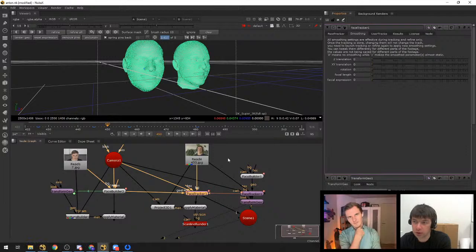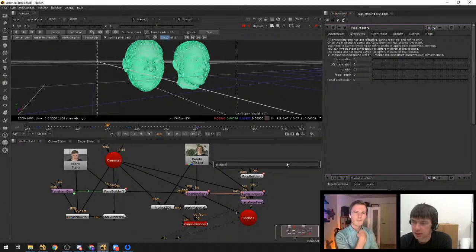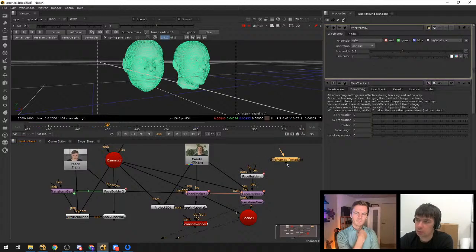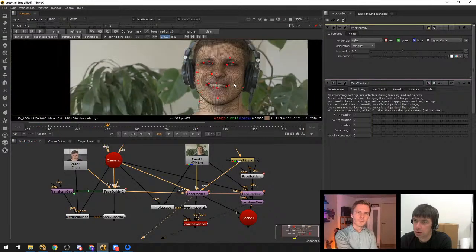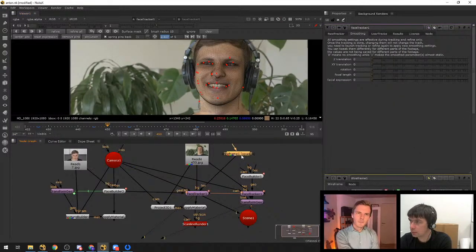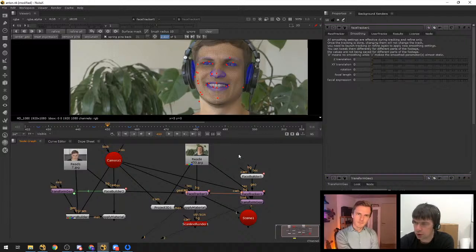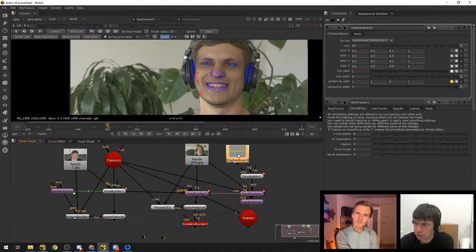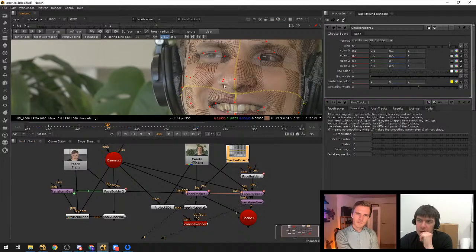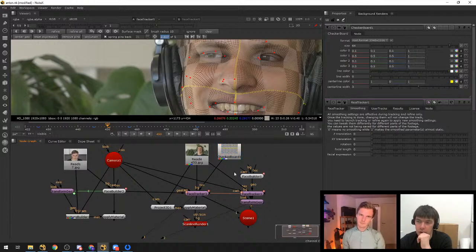So if I add, let's say, a checkerboard, then all my wireframe is texturized with the texture of this. Well, when is it suitable to have such a checkerboard, for instance,